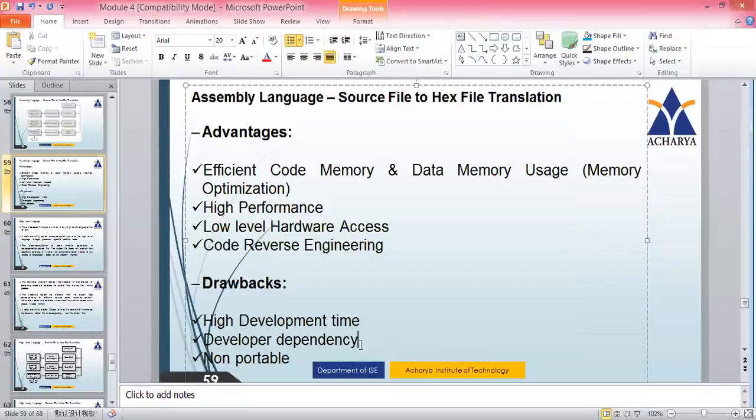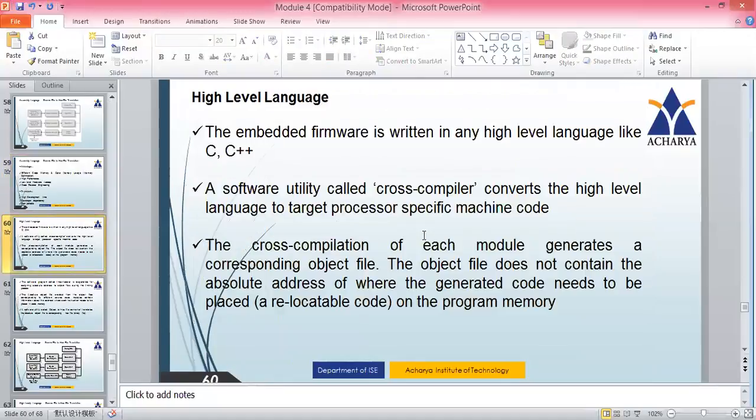Within the same family it may be possible, but programs written for Intel may not work with ARM, something like that. It is non-portable, so it is developer dependent. The programs we write depend upon the architecture of the system. Hence, we cannot port them to other controllers. So let's go to the next slide.